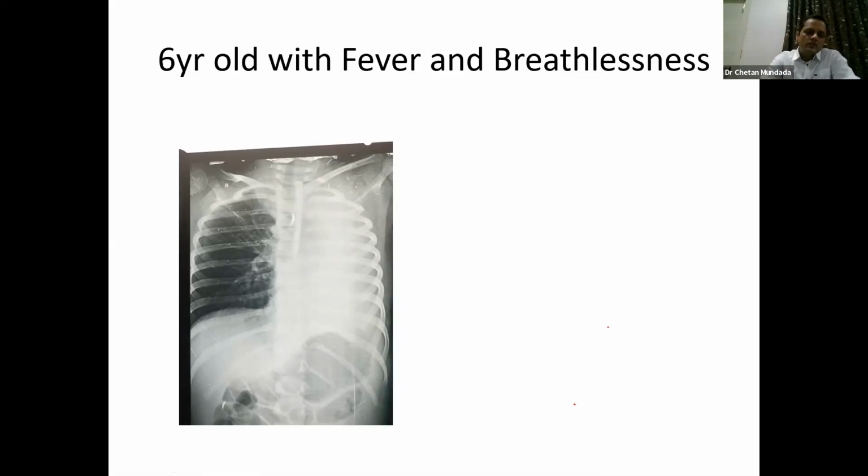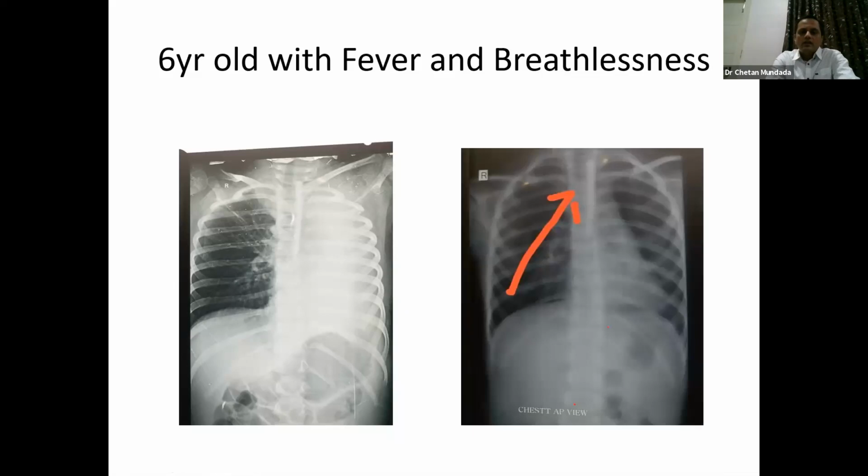So we kept digging for the history. What has happened? Is the child having any other issues? Has she swallowed something? The father said no, there was nothing like that. She had similar breathing difficulty 3 months ago, and they had an X-ray of that time also. When we asked him about the X-ray, in an hour he could produce it, and that made our job much easier. This was 3 months ago for this child, and the same shadow is there.